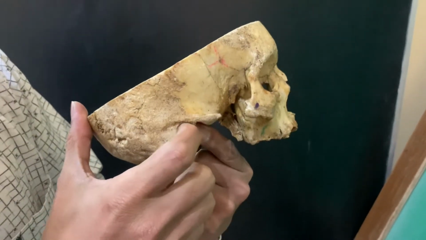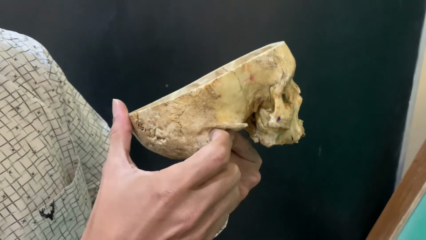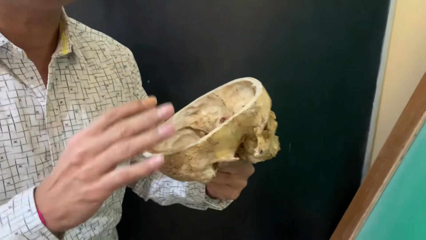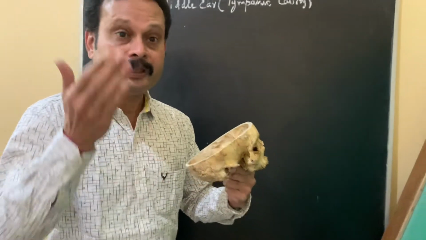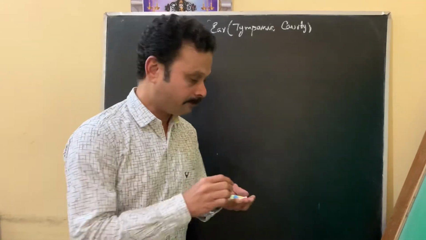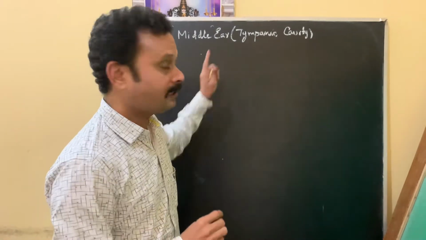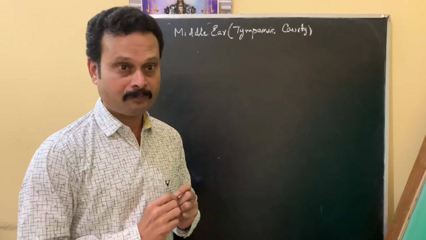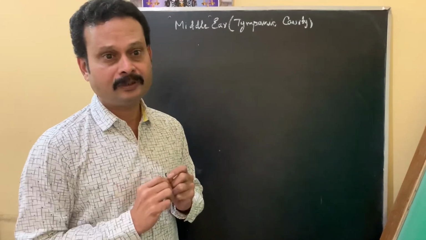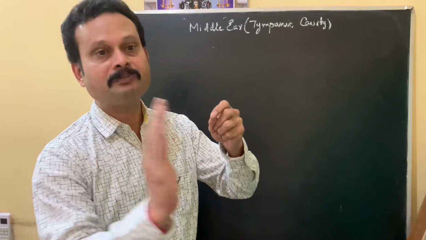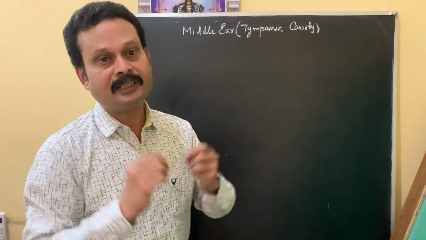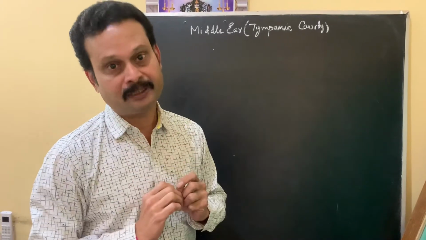This one is the external ear with external acoustic meatus. External ear leads to middle ear, being separated only by the tympanic membrane, which forms the lateral boundary of the middle ear cavity. Okay. So this middle ear is contained within the petrous part of the temporal bone. It is filled with air. It is lined by mucous membrane and assumes full size at birth.